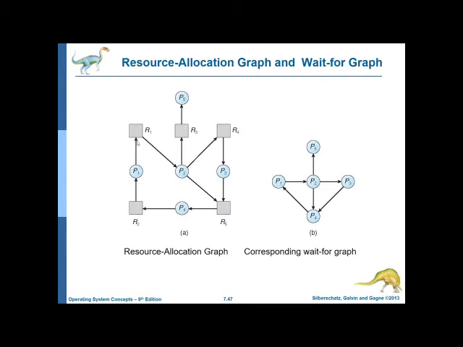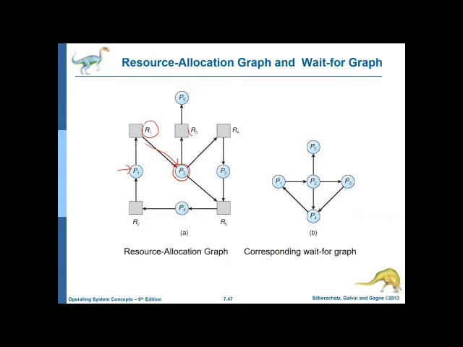Okay, now let us look at an example. In this example, let us start from P1. We'll look through each and every process, and we'll start from P1. Now, P1 is a process requesting a resource R1, but which is actually held by, you can see this arrow from a resource to a process indicates it has already been allocated. So R1 is allocated to P2.